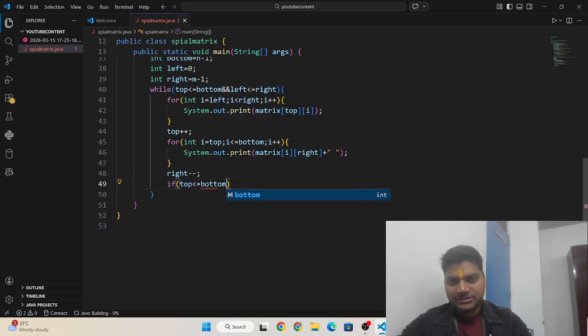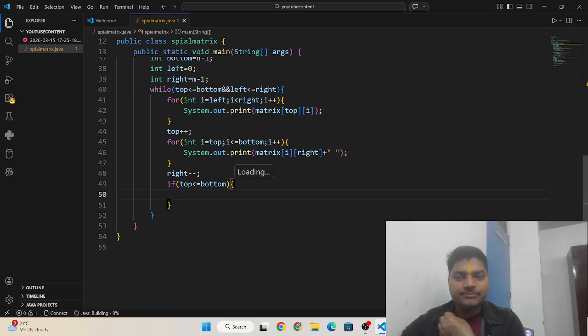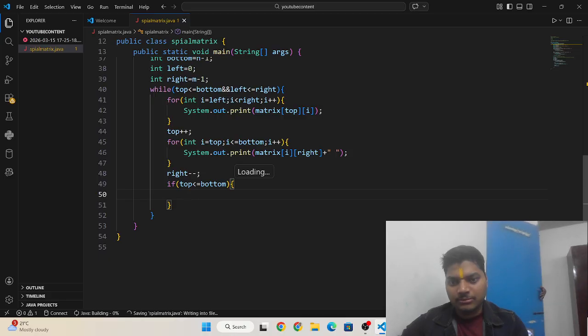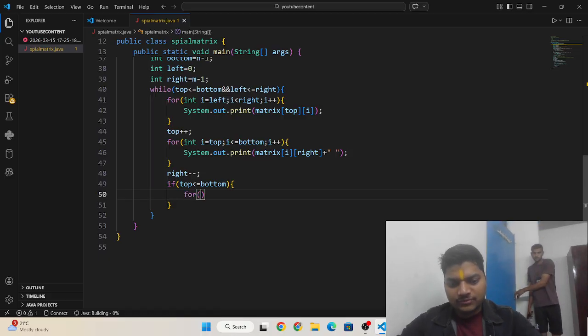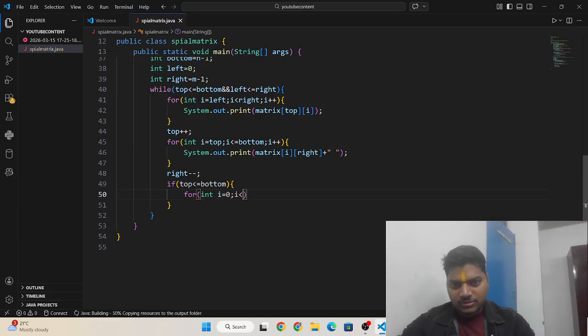Okay, you need to check this after printing the right column. Here I need to write a for loop: for int i equals right, and i greater than or equal to left, then i minus minus.